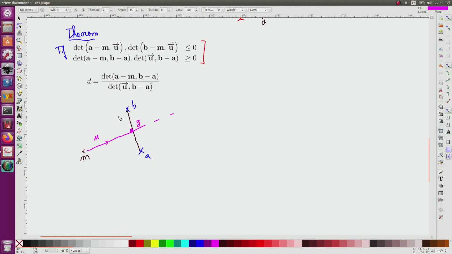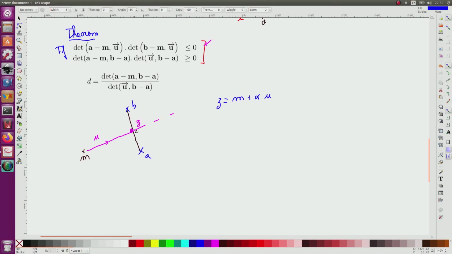In this situation, these two inequalities are satisfied. So I will write z is equal to m plus alpha times u, where alpha corresponds to the distance, of course. So what happened is that z, when alpha moves, can move on this half line, and when alpha is negative, z will be on the other side.